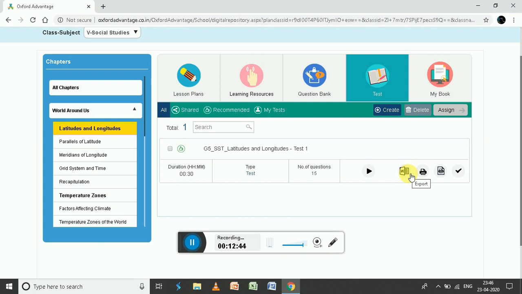So if you click on it, it will get downloaded in your system, and you can get a printout and give it to the students one by one. Over here is a printout option that is also there. Over here are the answer booklets, how the things are going to come. Over here the answer keys are there, so everything is clear. Over here there's an option. Once you click, these options would come in front of you. You can assign this test.